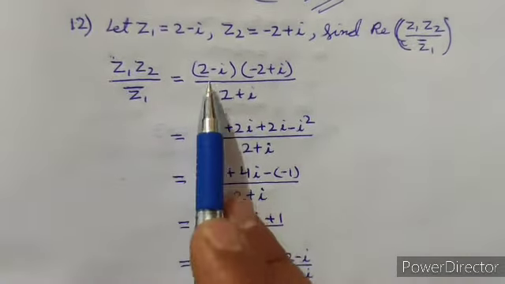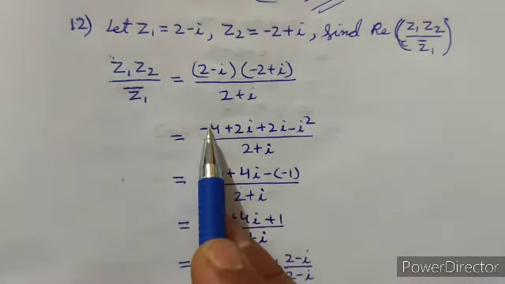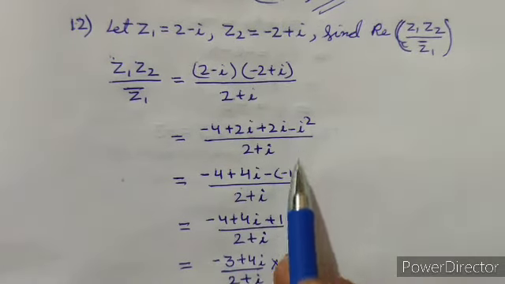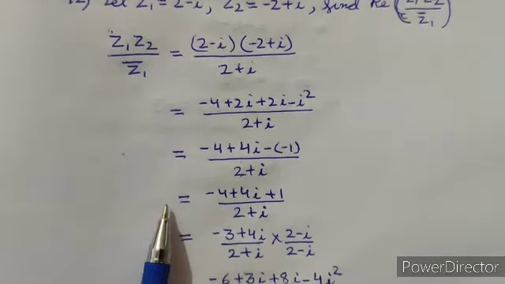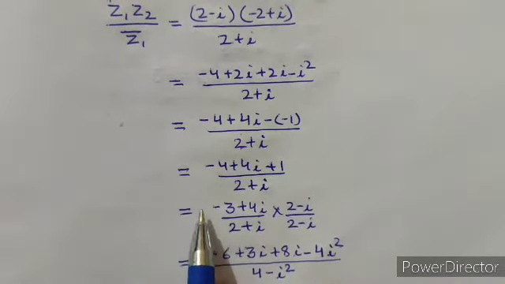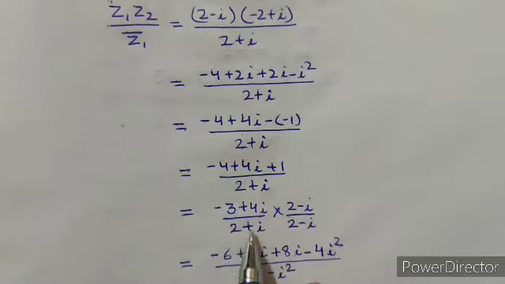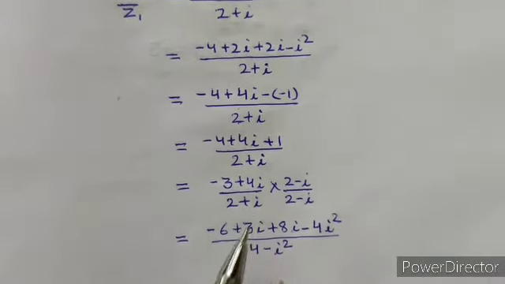Now this (2 - i) into (-2 + i) will be equal to -4 + 4i - i square, and that will be equal to -1 upon 2 + i, which on solving is giving us the value of Z1 Z2 upon conjugate of Z1 as (-3 + 4i) upon (2 + i), which can be rationalized by multiplying the numerator and denominator by 2 - i,